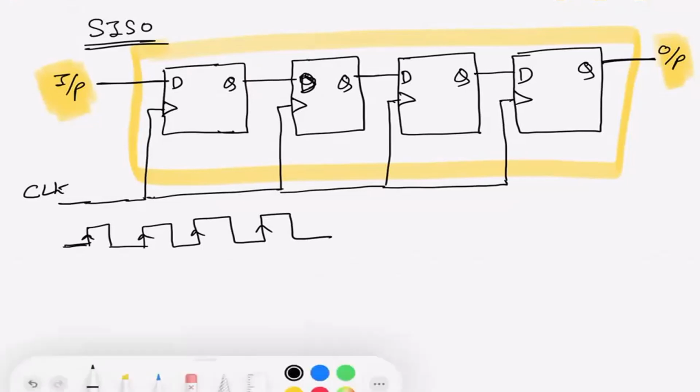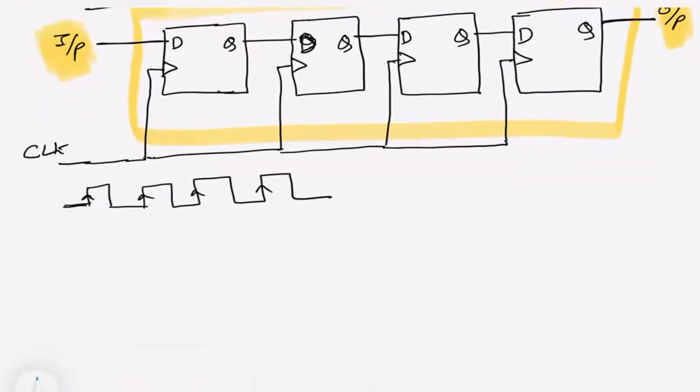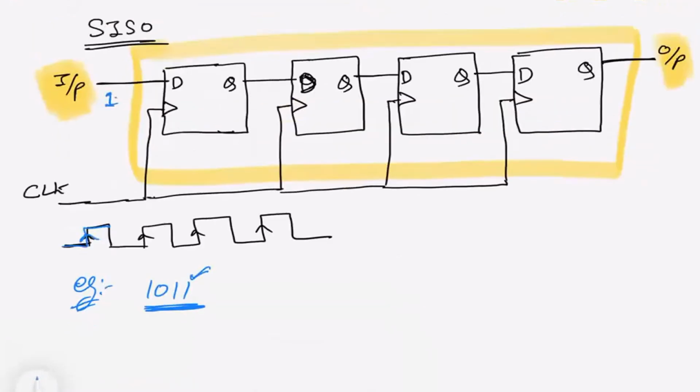So we will take one example of 4-bit data, 1011. This 1 will be shifted to this place. Okay, and the next bit will be placed here. So the next bit also comes with a clock pulse. This one will get shifted to this place. This one will shift to this place, and here the next bit is 0, so we will get 1 0. After this, we will apply one more clock pulse.